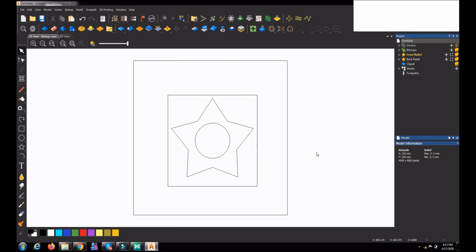Now we will see how the 2D view menu works. So if you want to see the object bigger or smaller, or in a particular area, or in a particular object only, you can zoom it and see it.